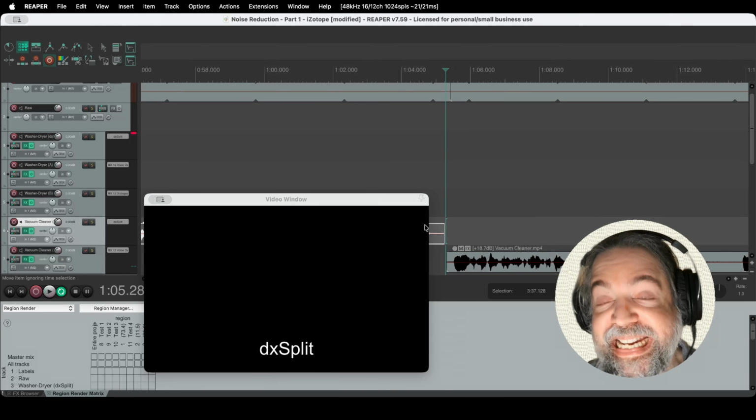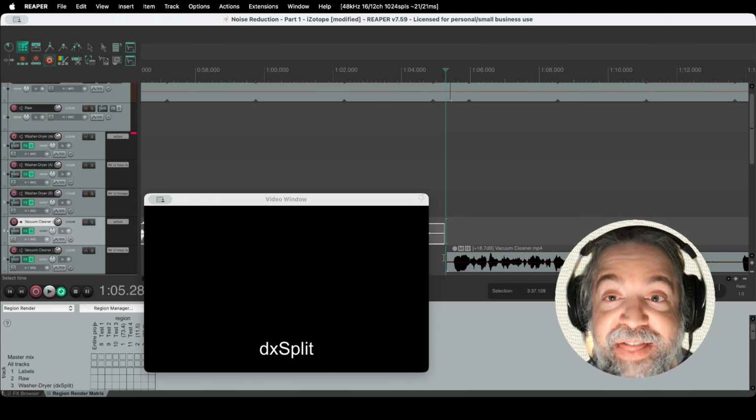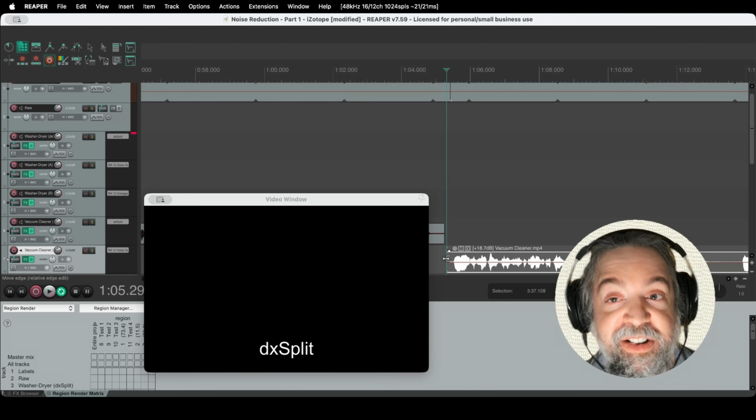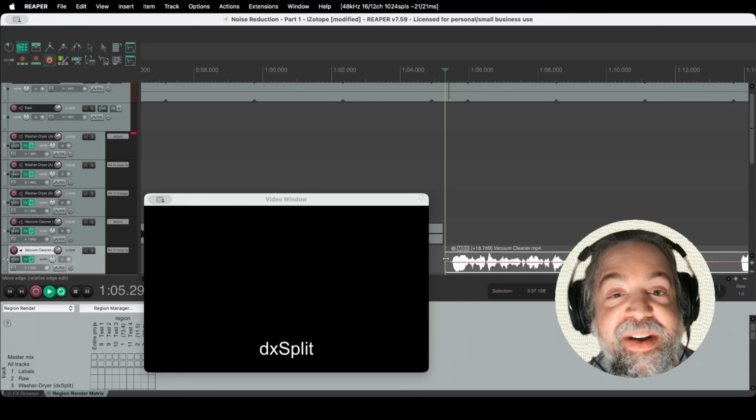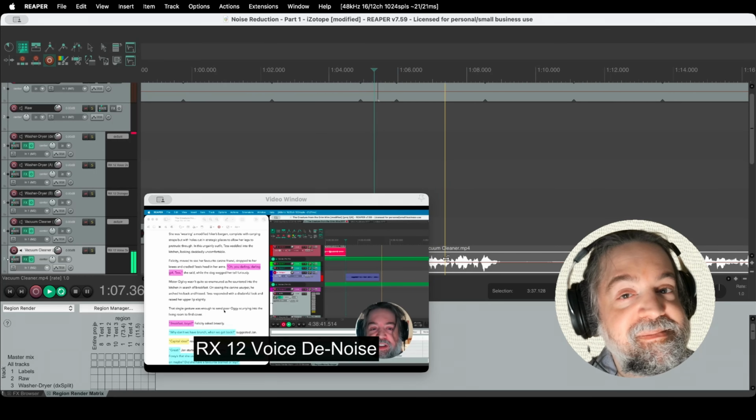And of course, what makes DX Split so impressive is you don't hear the vacuum even momentarily when it turns on. Now, if we look at our RX12 voice denoise,